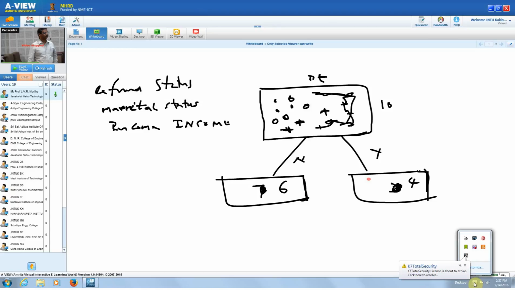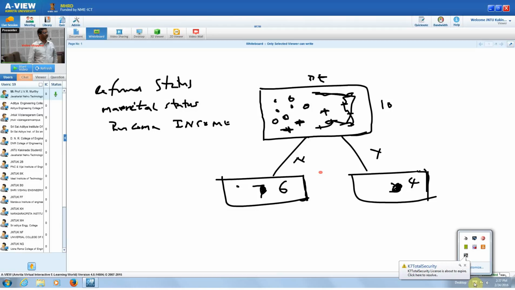You have the things here. Now you have this 6 and 4. You have to check, among the 6, how many are the zeros and how many are plus. Okay, got my point? Then what is the condition you will check? If all the 6 belong to the same category, then you need not apply. Say that it is the leaf node, and you check what the category type is and say that it belongs to that category. But if it doesn't satisfy that,